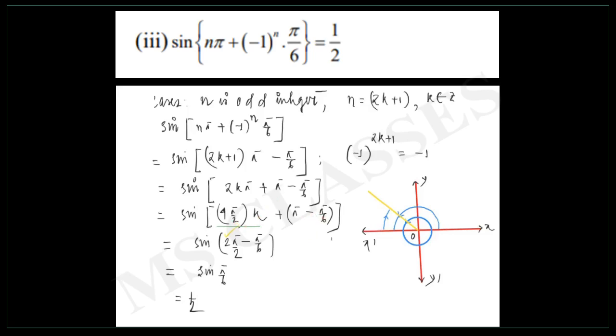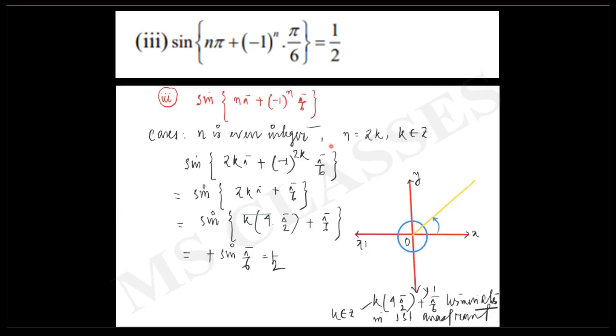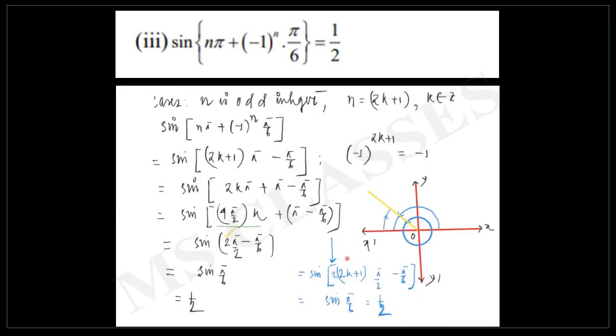If you say it in this way, this is sine of 2k plus 1 pi minus pi by 6. Then if you want, you can keep a 2 here, and then you directly write sine pi by 6. It will be almost the same lines. So wherever you are comfortable, you can do. Ultimately, the two expressions I have given, wherever you are feeling comfortable, you can do, children. So here we got half, here also we got half, and for case 1 also we got half. So from case 1 and case 2, we conclude that the given expression is equal to half.